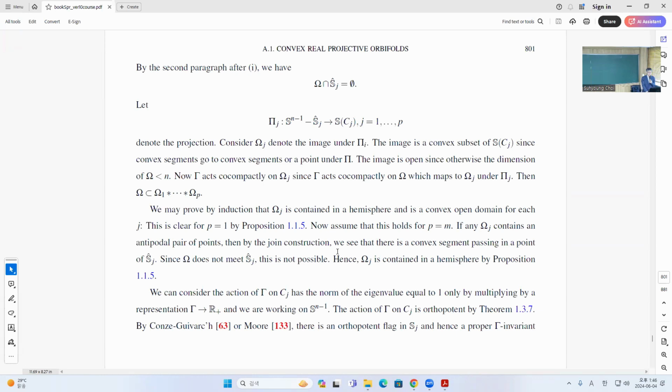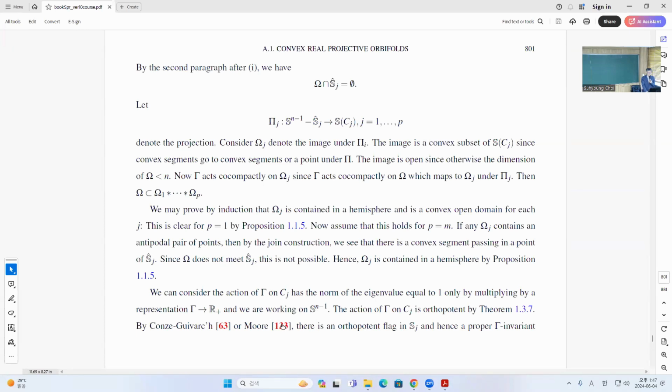And the reason is, if it's not true, then this means it goes onto this space. And then you can find a pair of antipodal points, I mean, a pair of segments connecting points which passes some CJ hat. But this doesn't meet that, so it's contained in the hemisphere. Okay,